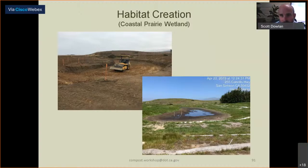So to build the coastal prairie wetlands, we're excavating the natural topography down. We're removing the O and the A horizon. We're getting down to that B and C horizon where we don't really have any organics. And so in order to reestablish vegetation, we need to reintroduce those organics to kind of kickstart